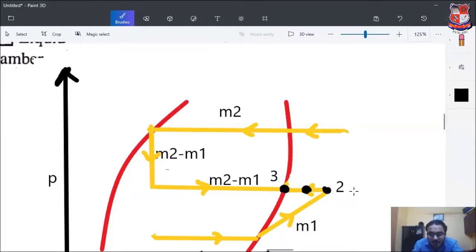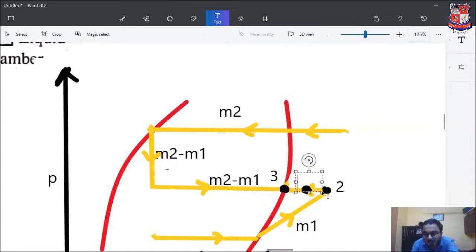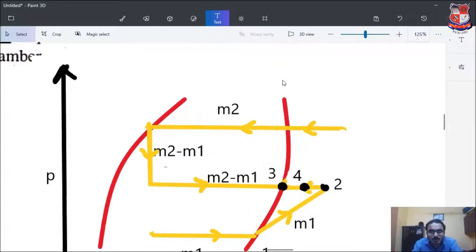Okay, and this will be our final condition. So this will be our point number 4. Okay, and from 4 then the secondary compression is happening. Okay, so let me draw that secondary compression